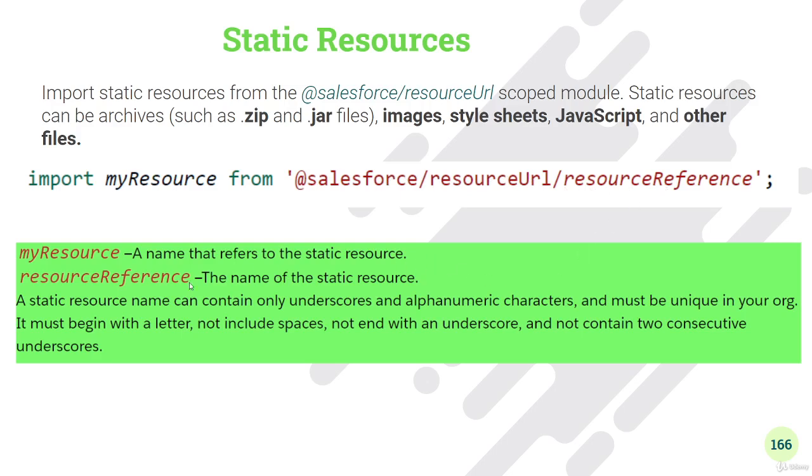A static resource name can contain only underscore and alphanumeric characters and must be unique in your org. So it should not be like you upload an image ABC and again you are uploading the same image ABC. It should be unique. It should always begin with a letter, no spaces allowed, not end with an underscore, and two consecutive underscores are not allowed. Okay, so let's go to our org first